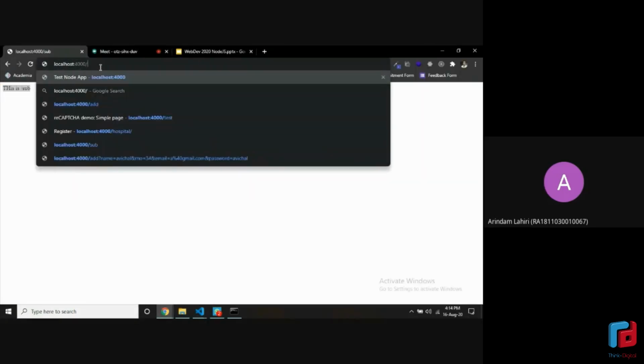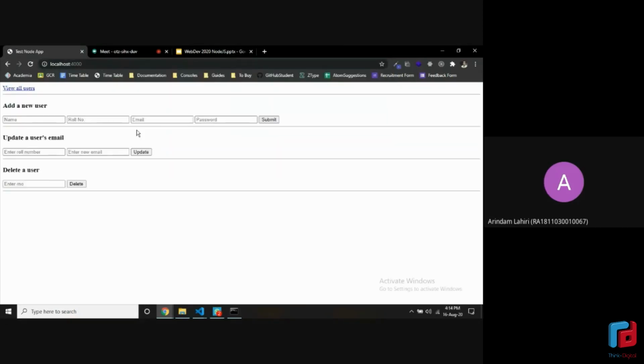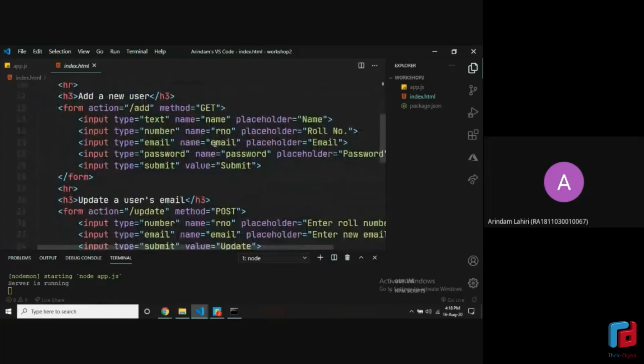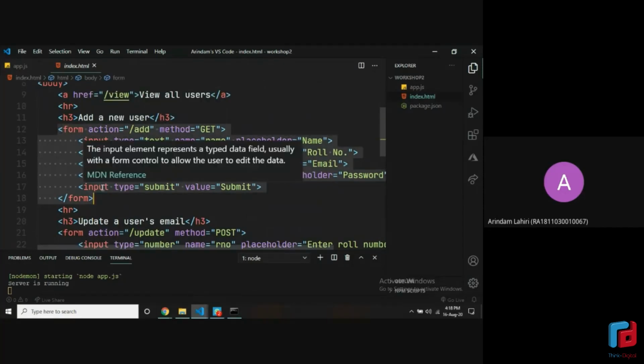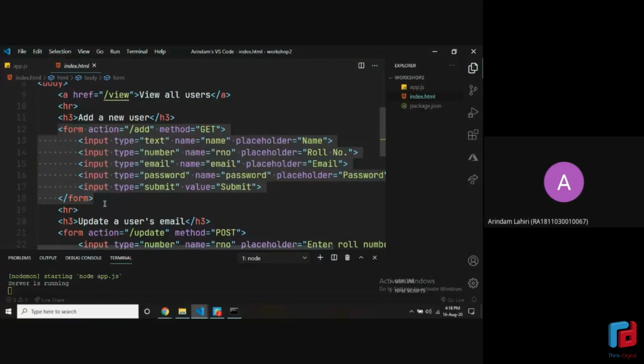So if you go to localhost 4000 and nothing else in front of it, you should see something like this. If you go to your HTML file right now, there'll be the first form. If you scroll down a bit on line number 12, there'll be a form. What a form tag is in HTML is basically it's used to pick up an input from the user. All right. The ones who attended the last workshop will be a little familiar with this, and whoever knows HTML will be familiar.